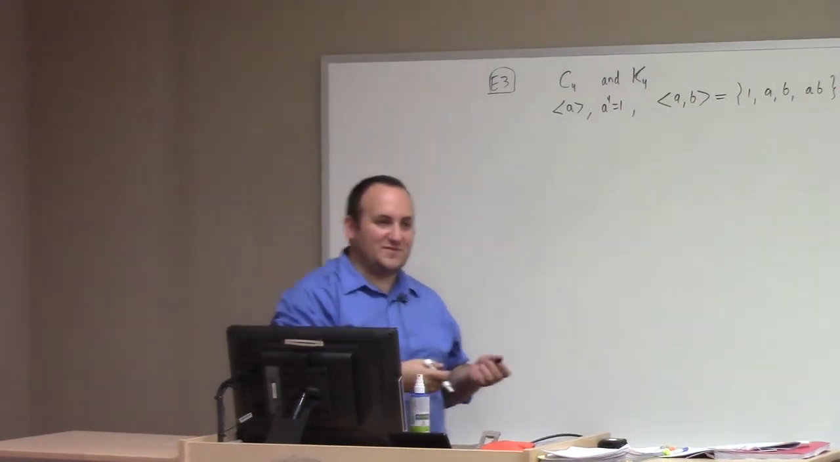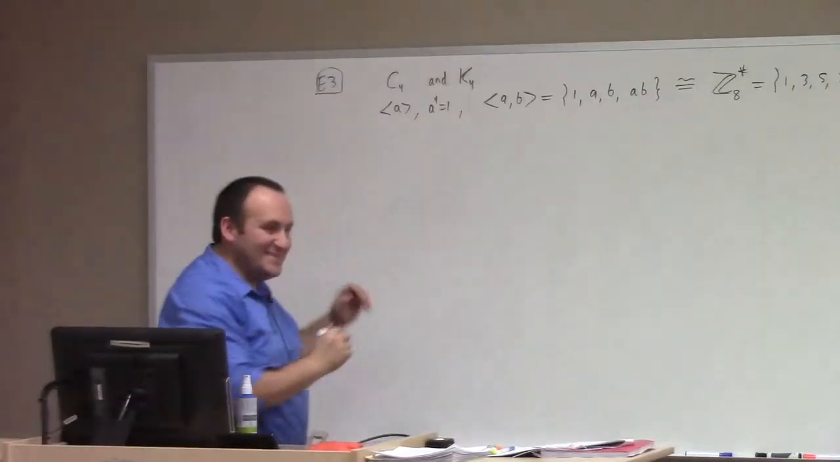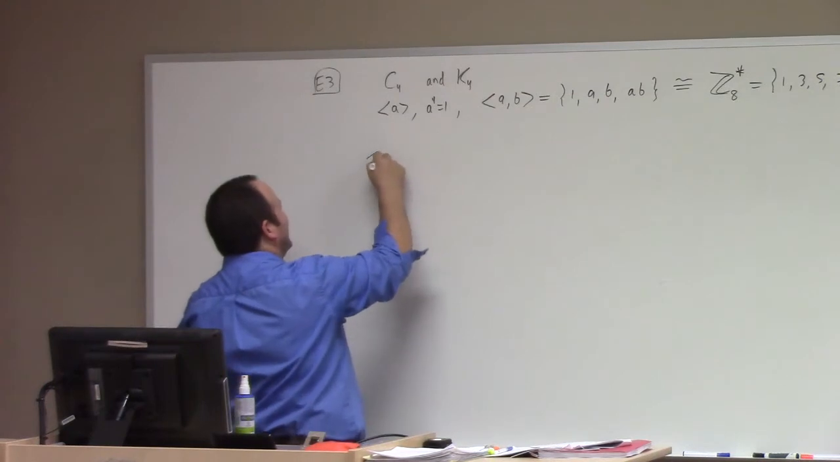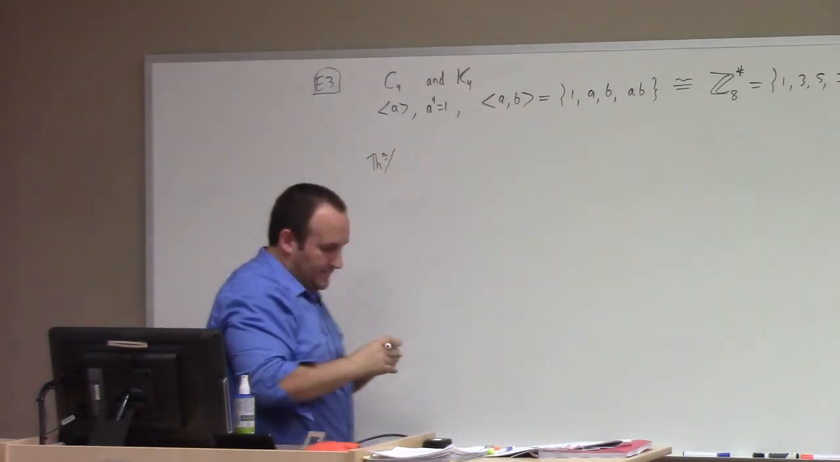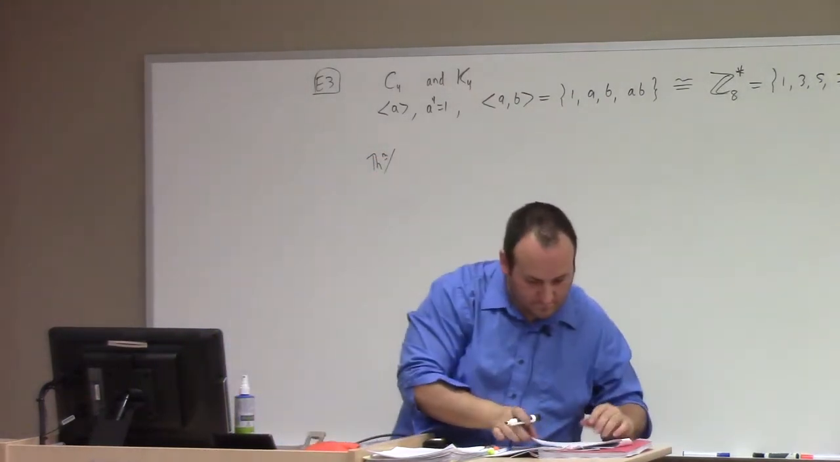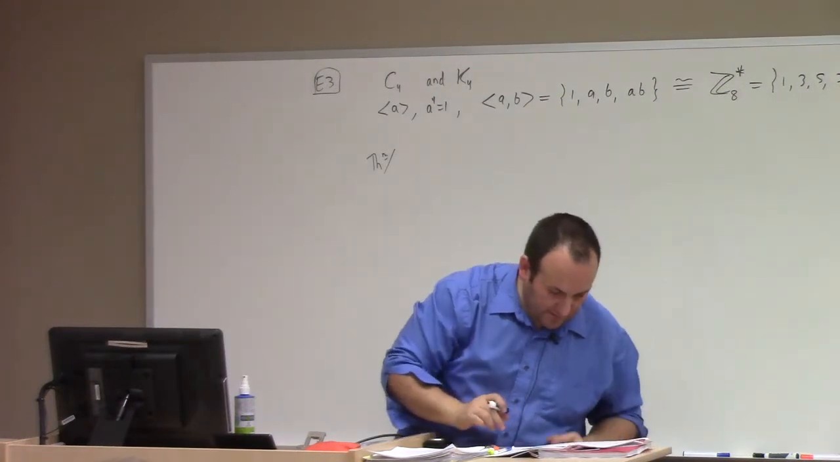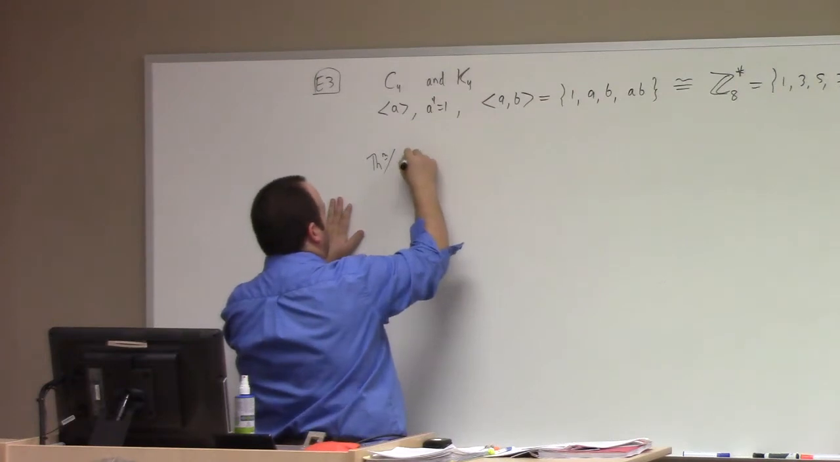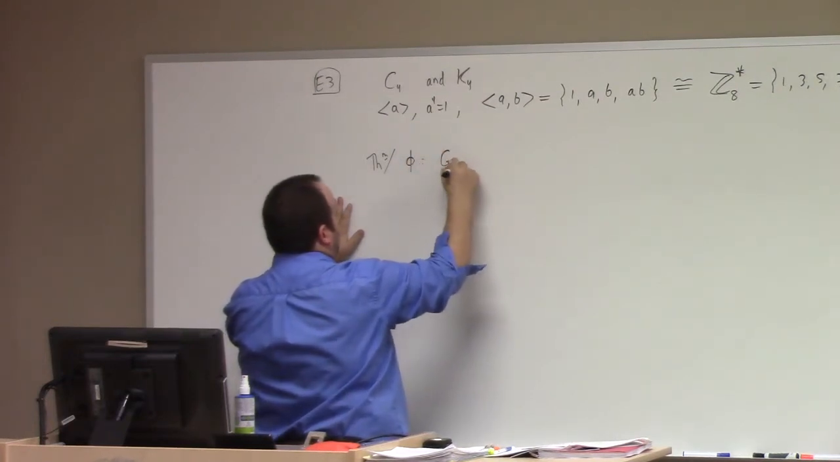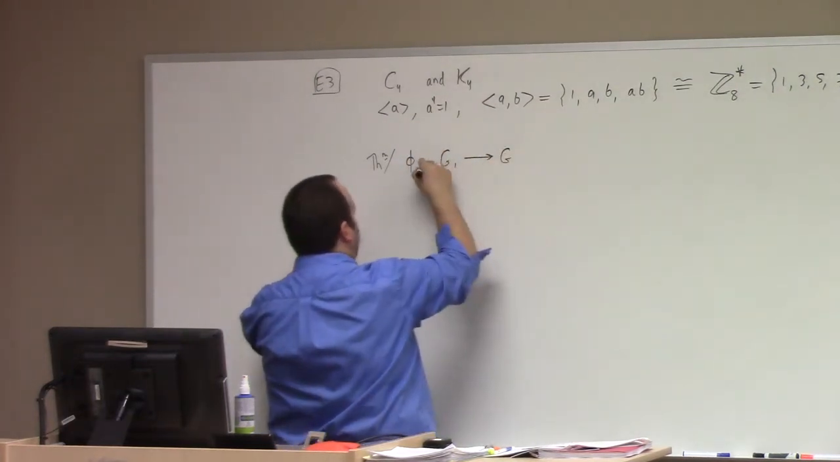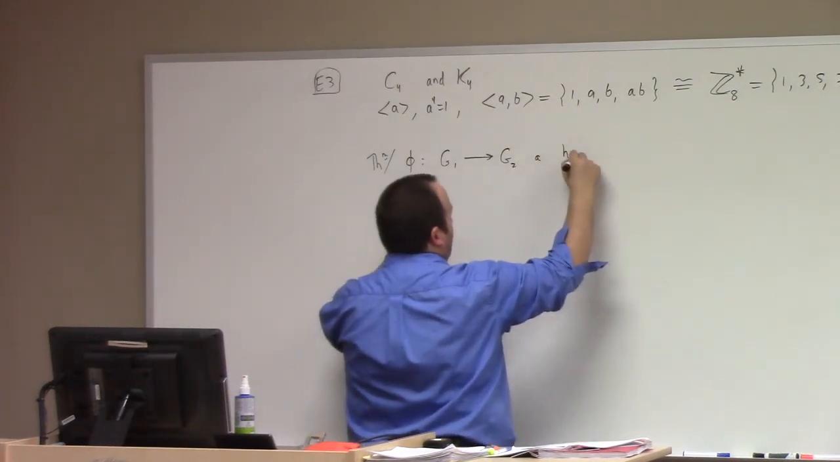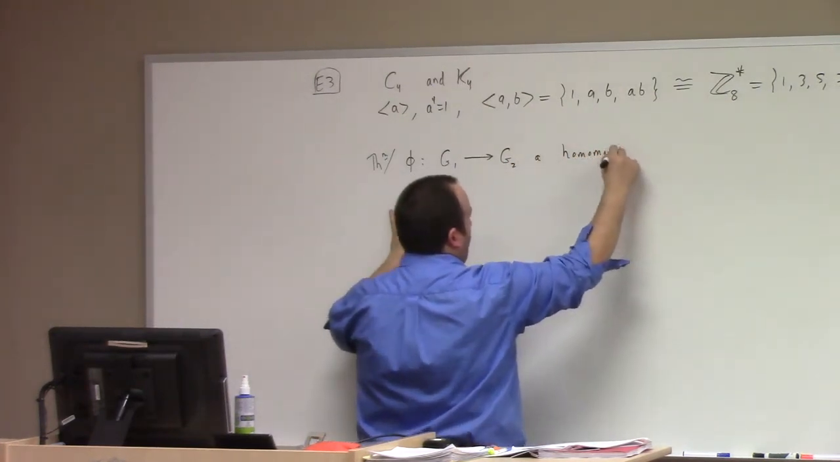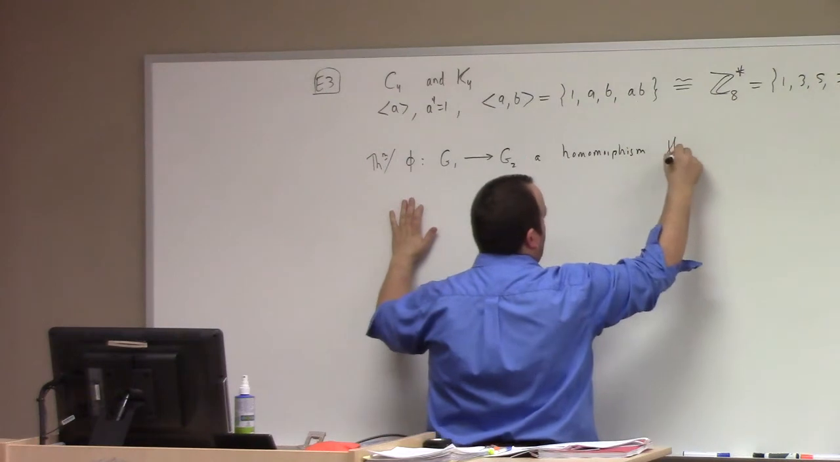Now I'm starting to use things that I haven't yet developed. So let me prove a theorem. Here it is. If we have phi going from G1 to G2, a homomorphism, then